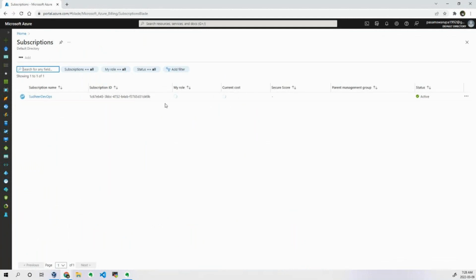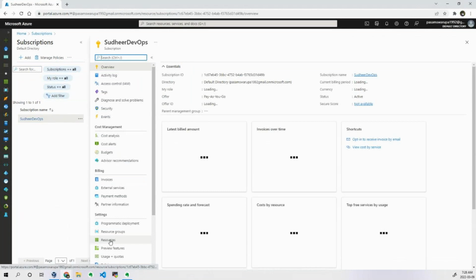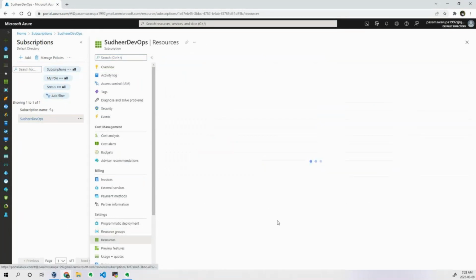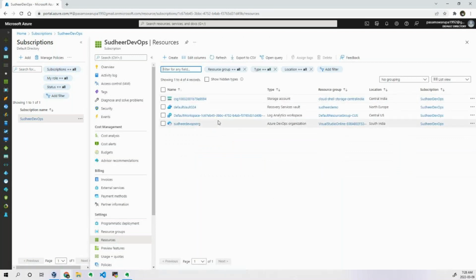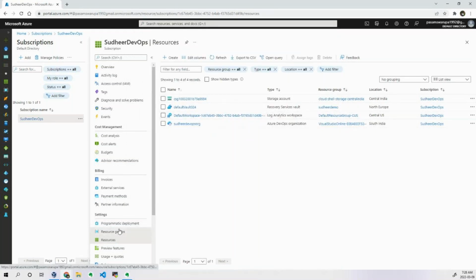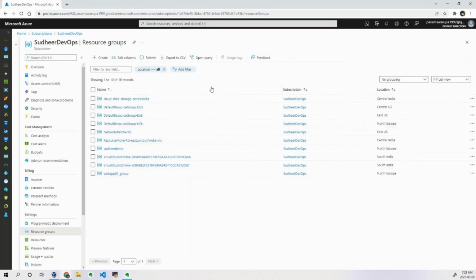Under the subscription we have resource groups, and under the resource groups you have resources as well. A resource is nothing but whatever service you try to create. You know that, but you may not know what a resource group or a subscription is. So first of all you have to understand this concept.